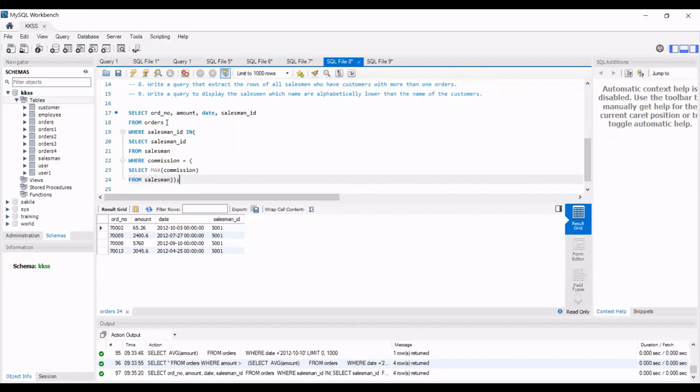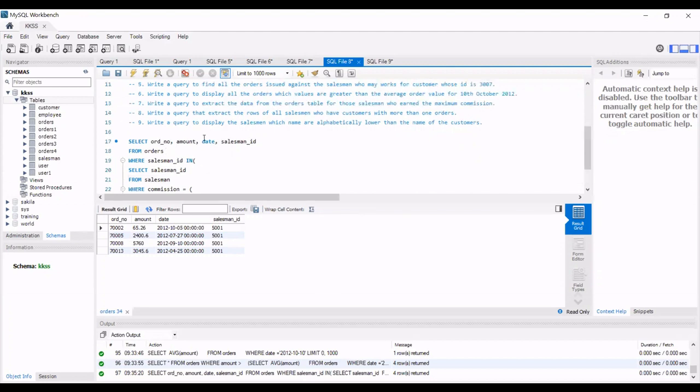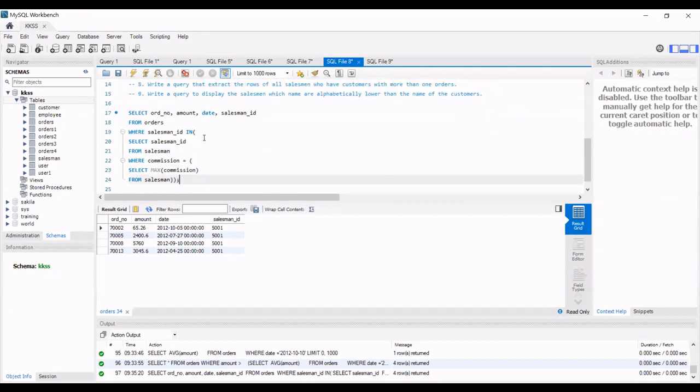No, commission amount, I think we can get it when we join with orders and multiply the order amount with the commission percentage, then we can get the commission amount, right? Then selecting the maximum commission amount will give us appropriate results. You want to say like this, orders, where